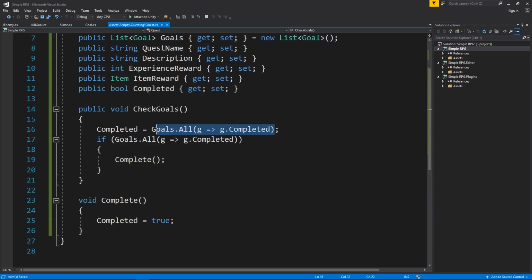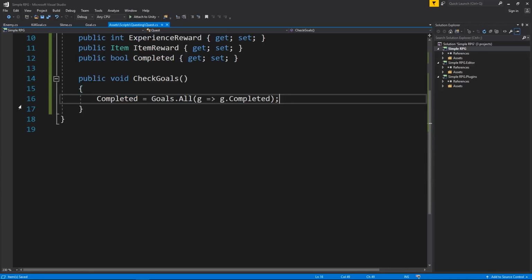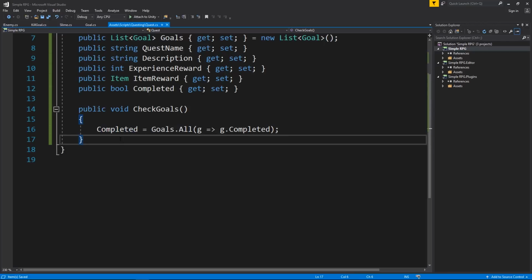Because this will return as a Boolean, true or false, and this is looking for a true or false, so it makes sense. So why don't we just do that? Sorry to waste your time with that. But I was just thinking, I'm not sure if we need more information from that method. If all it's doing is setting this to be true, then we can simply do that right there and keep it in one statement. And then I want to have a give reward method that happens when a quest is